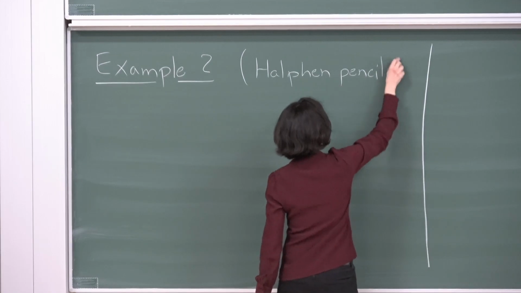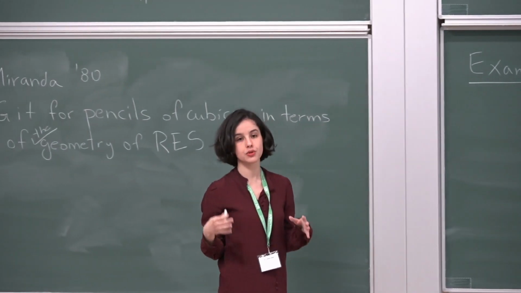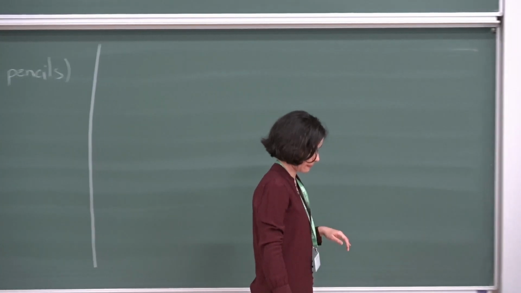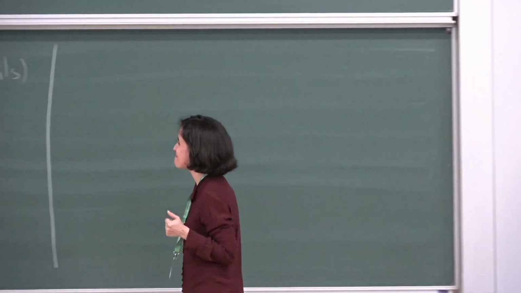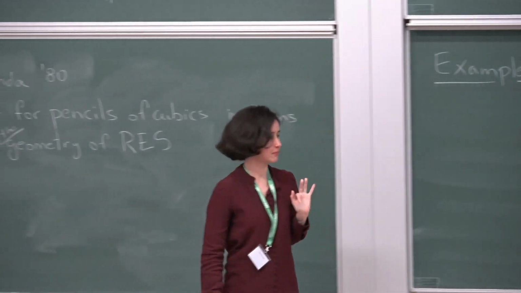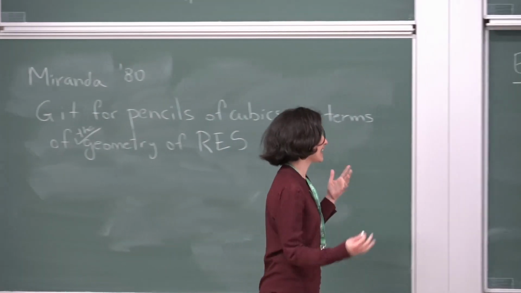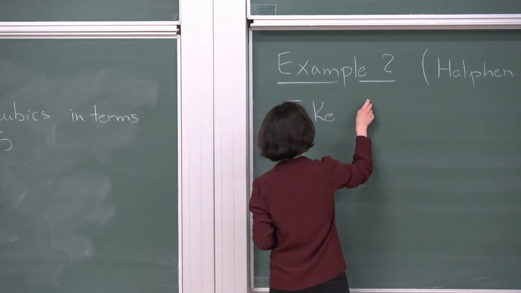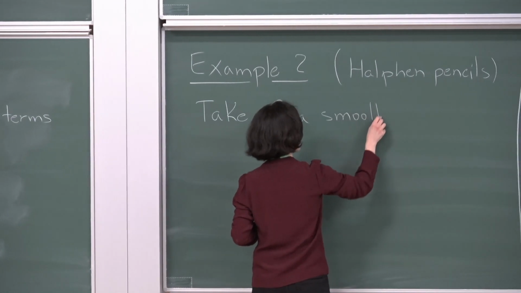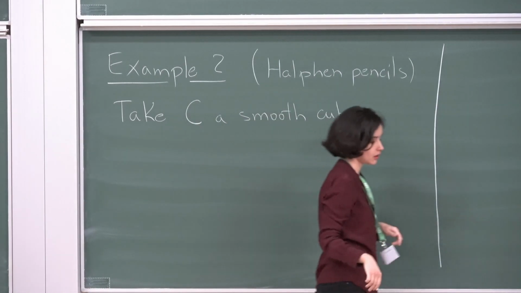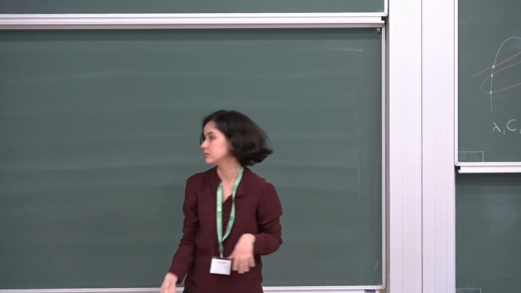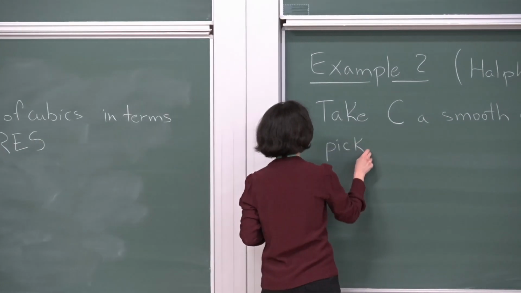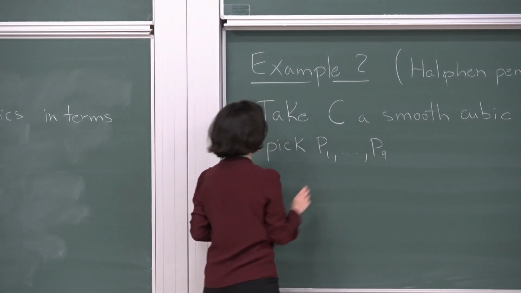So now, what I will do is to consider certain pencils of curves of degree 3m, which are usually called Halphen pencils. And I apologize for my pronunciation. I was a French mathematician, so I'm pretty sure that's not how you say it. Anyhow, here's what we do. Take C, a smooth cubic, and consider the usual group law on the cubic. And let's pick 9 points on the cubic, P1 through P9,